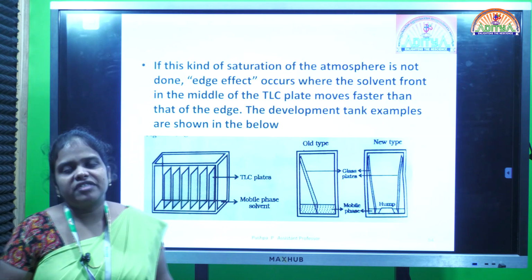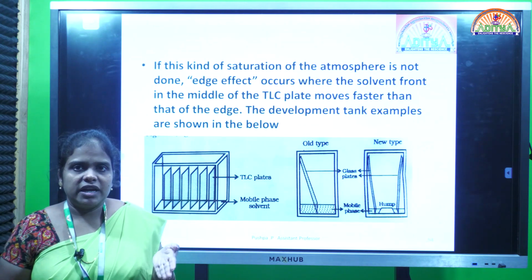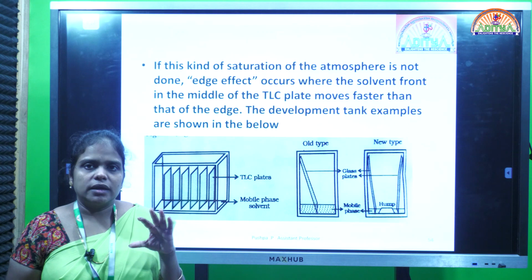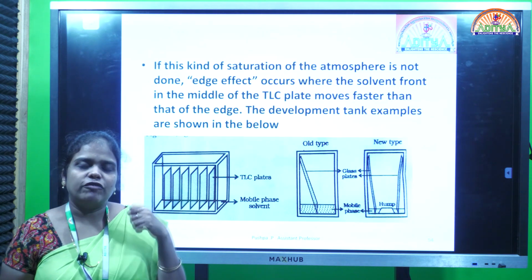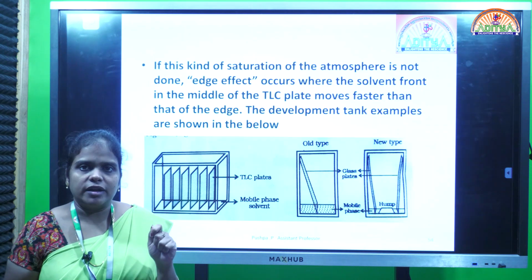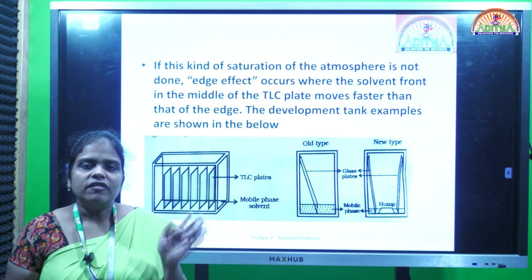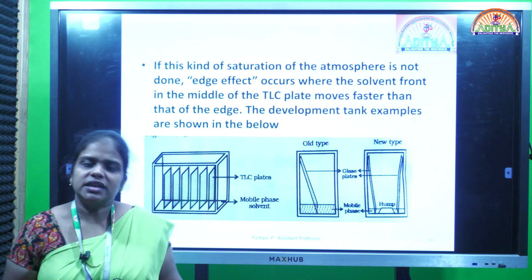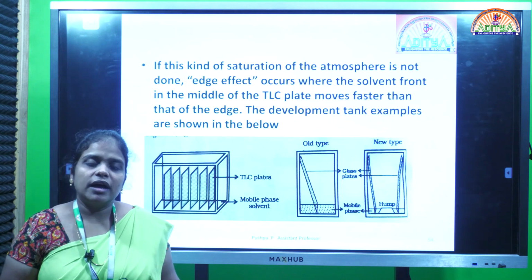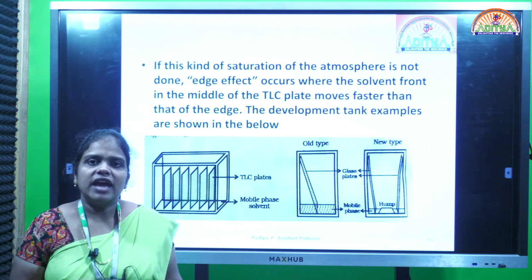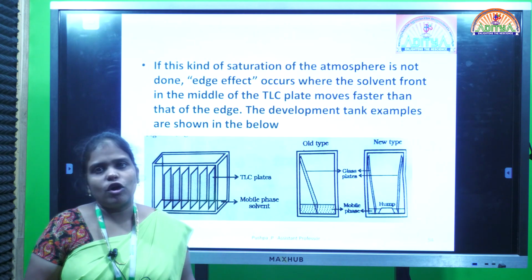And after that we have seen how the glass plate is prepared. That means after taking the glass plate, how we will make a slurry. After taking the stationary phase or silica gel, we will have to mix it with one particular solvent or water, and then we will prepare it into a slurry, and then we will apply it on the TLC plate. That is called preparation of the TLC plate. Already we have seen this earlier. And after the application of that slurry, we have to dry it. The drying of the TLC plate is called activation.